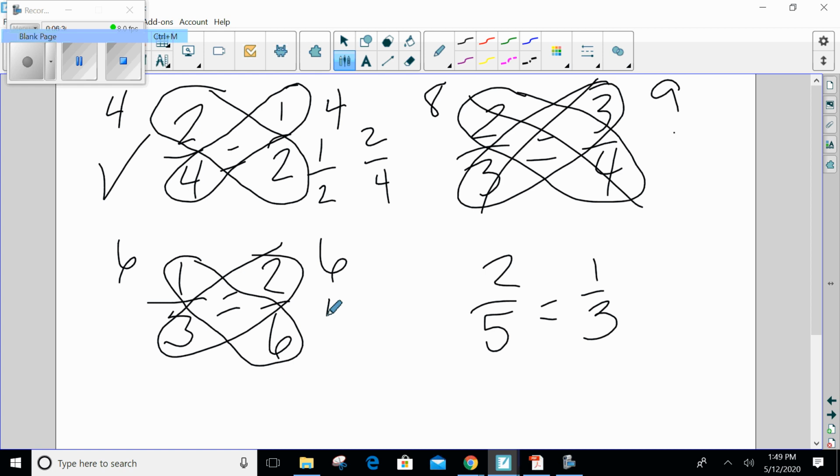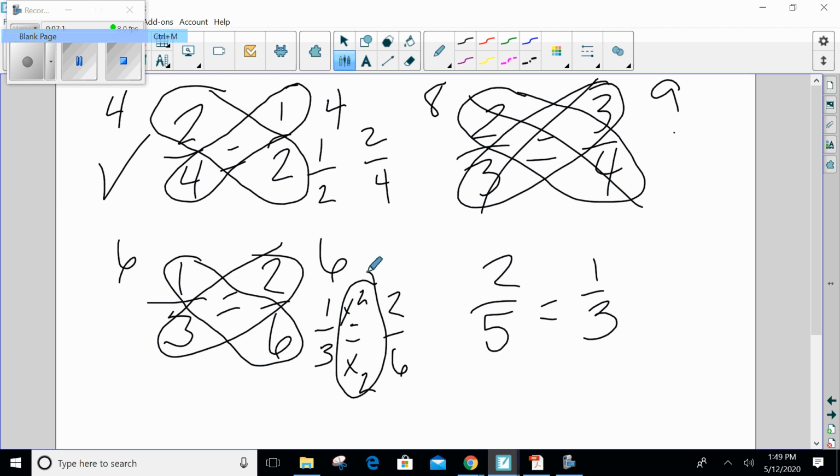Okay, so now let's look at it a different way. All right, so if I look, what did I do to 1 that make it 2? I would multiply it by 2, right? Well, whatever I do to the numerator, I have to do to the denominator. So 3 times 2, it equals 6. 1 times 2 equals 2. 3 times 2 equals 6. So yes, they are equal. All right,